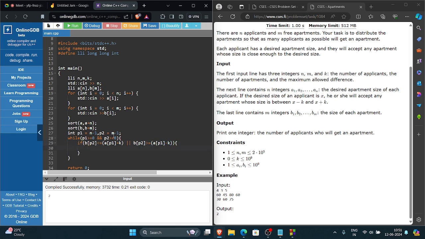Right. Yeah, so this should work. In this case, we just allot it and we'll also have a count. So we'll increase the count, and we'll decrease P1 minus and P2 minus minus. Right. Now, else,